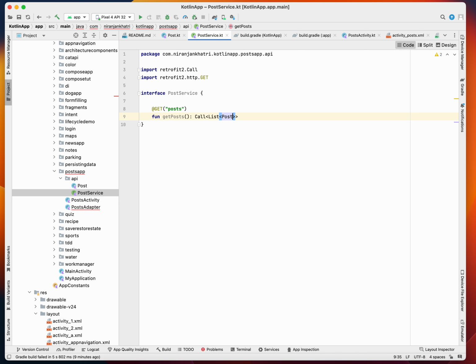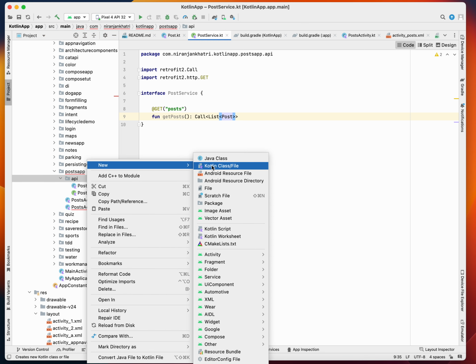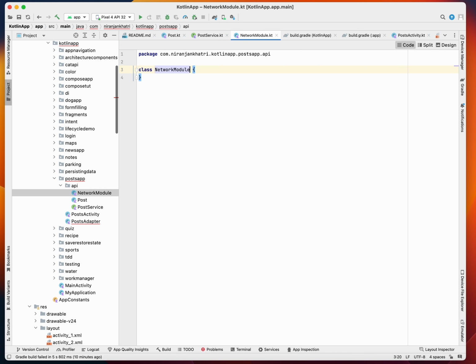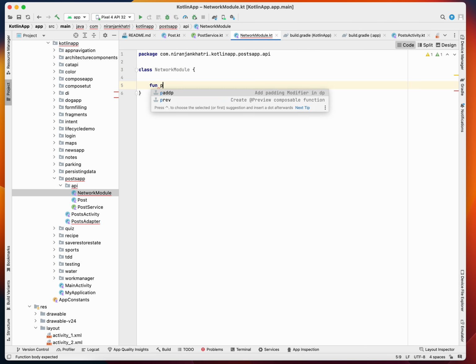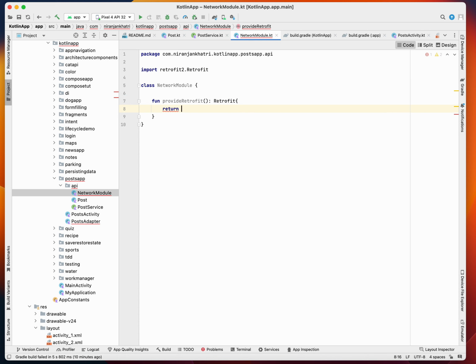Then what we're going to do is we're going to use Hilt, so we're going to define the necessary modules, right? So let me define our network module. This network module will be providing our Retrofit. Okay, it will be providing a Retrofit, returning our Retrofit